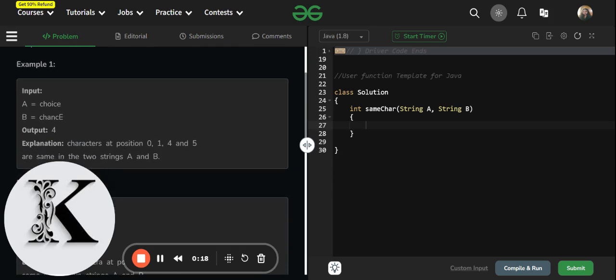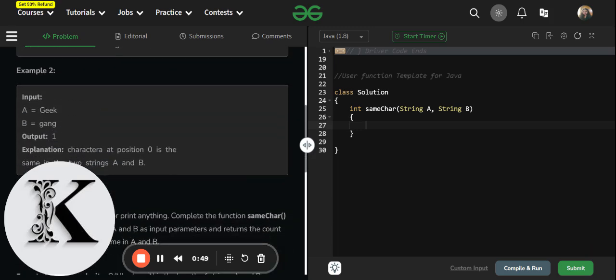So in example one we are given a string A which is "choice" and B which is "chance". You can see C and C at index 0 are equal, H and H are equal. Here C again at the fourth index is equal, and E, although E in A is in lowercase while E in B is in uppercase, we will consider them as equal.